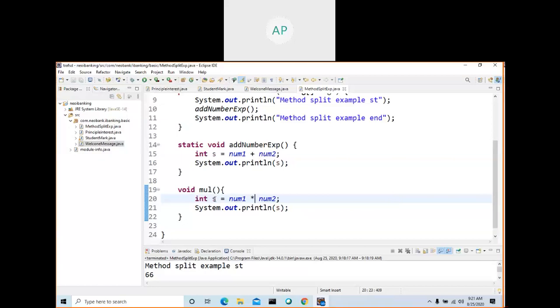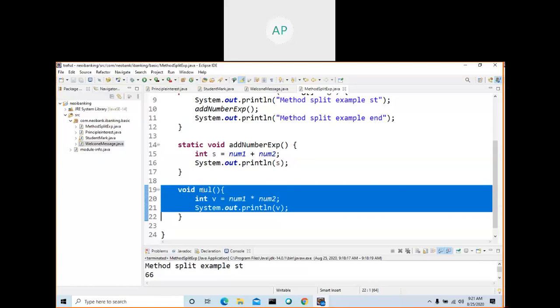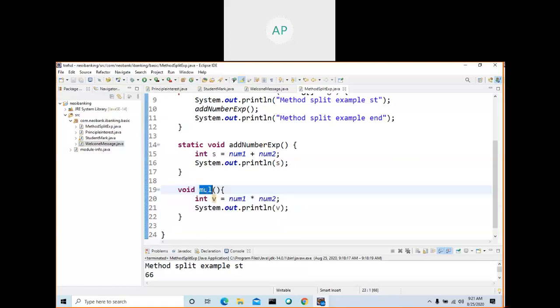So if it is going to multiply, what do we do? Control C, control V, and use the star operator. Then print the value, anything is fine.